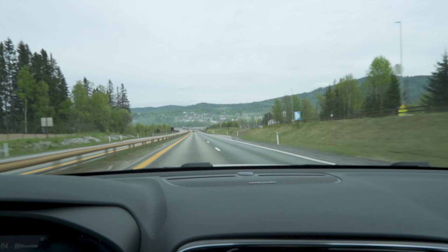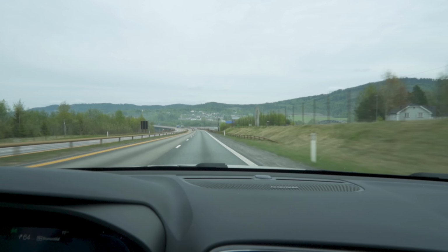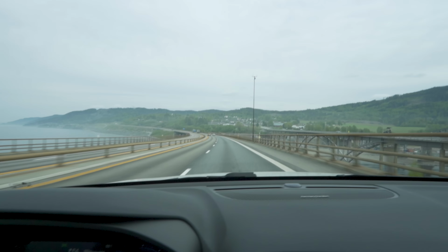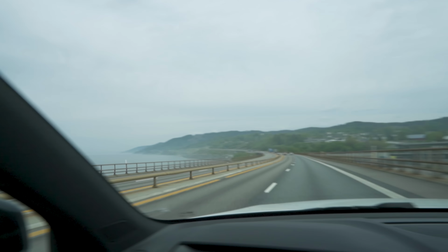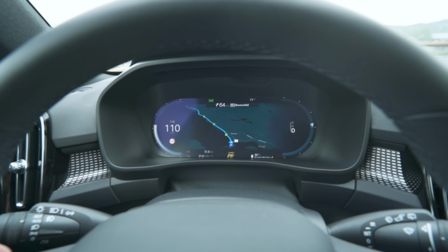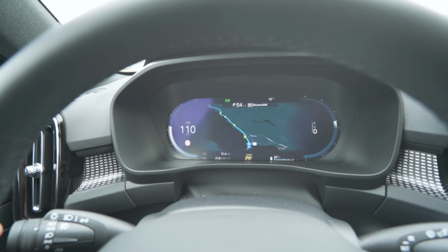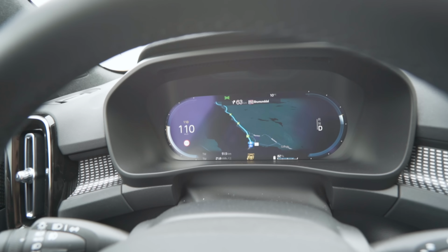We are now on the move and we've been on the road for about 25-30 minutes now, and you can see the windsock here. It seems like we have wind from the west and not from the east as the wind map said. And if we look at the Mjøsa, it seems to be pretty calm, though a little bit foggy. There is some fog here. And consumption now, guys, is down to, or up to, depending on your perspective, 21.8 kilowatt hours per 100 kilometers. We covered